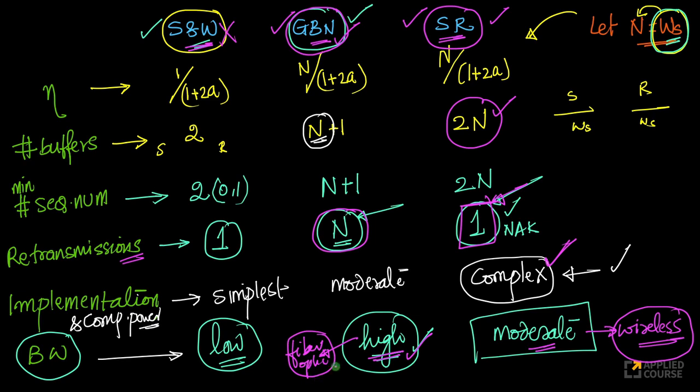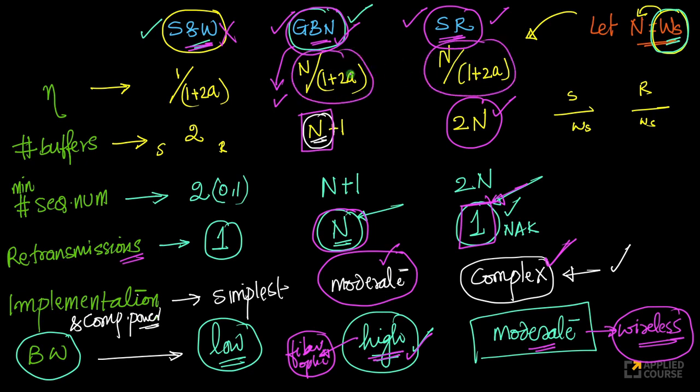For fiber optics or coaxial cables, which have high bandwidth and low error rate, go back N is a very good protocol. And it's also simpler, right? Because my buffer size is smaller, my computational complexity is lesser, and it's moderate. Look at this, the efficiency of selective repeat and go back N is the same. But I would still prefer go back N because I have high bandwidth. I can get away with a smaller amount of memory, my computational resources required are moderate, and even the implementation is easier. But selective repeat is often used in wireless networks,